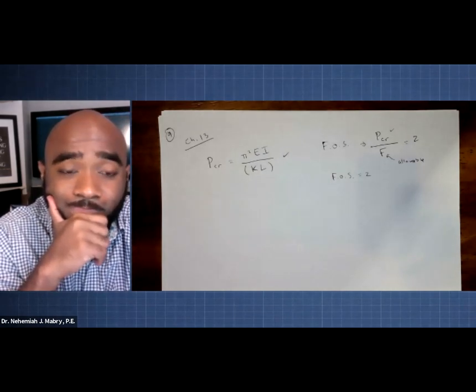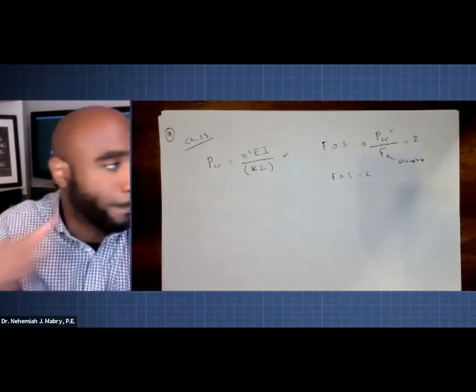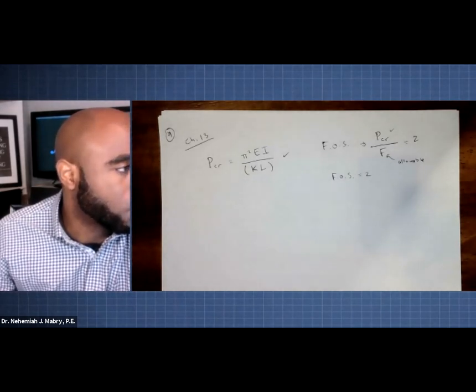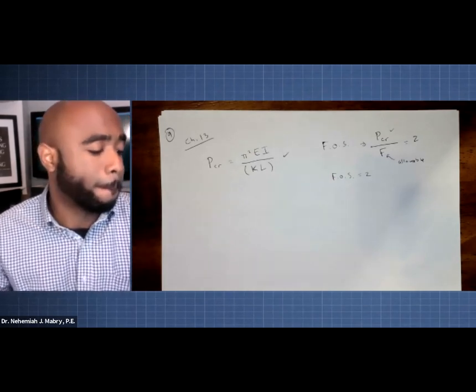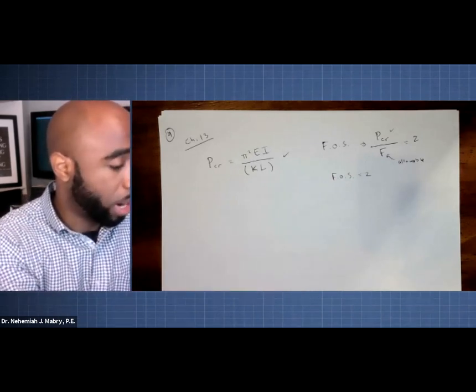I have a quick question about the last lecture video that was uploaded. In the second problem from that video, you calculated I as pi r to the 4th over 4, when I'm pretty sure it's pi r to the 4th over 2. Or I assumed it would be. Was that just a mistake, or is there some reason why it was over 4? It could be a mistake. It was a circular one, right? Yeah. Let me go back and look at that.